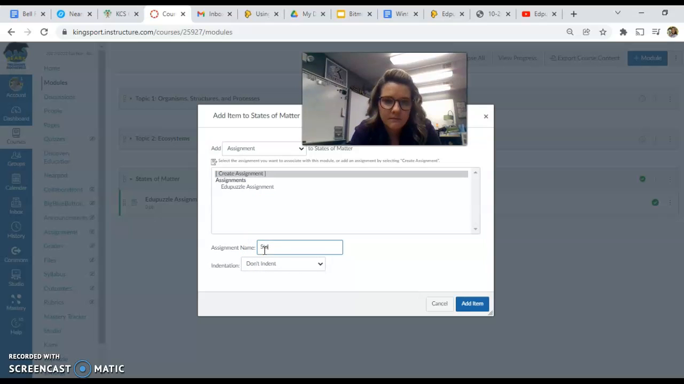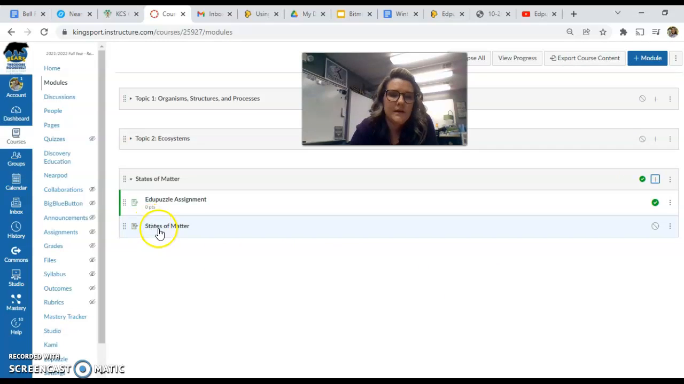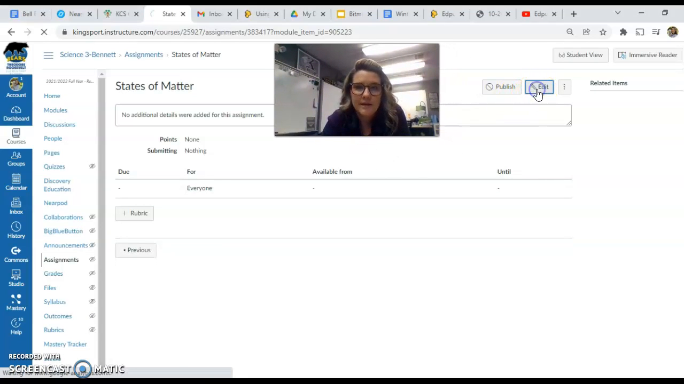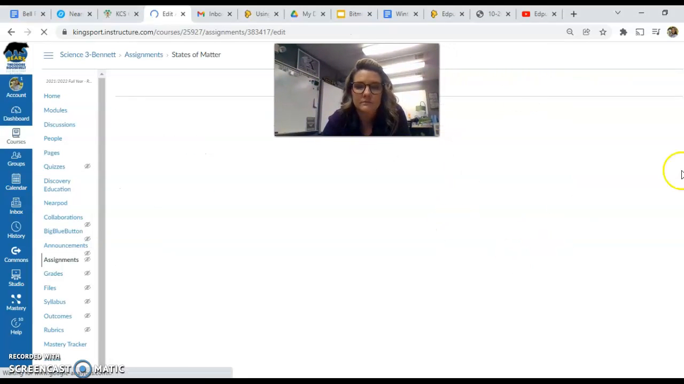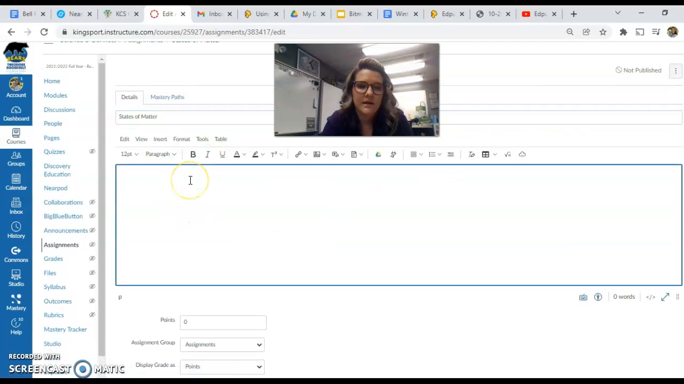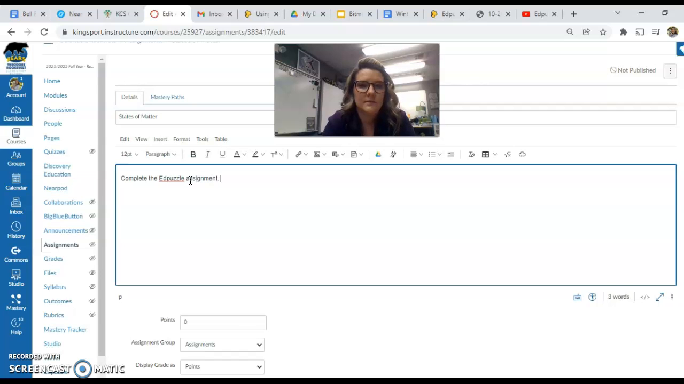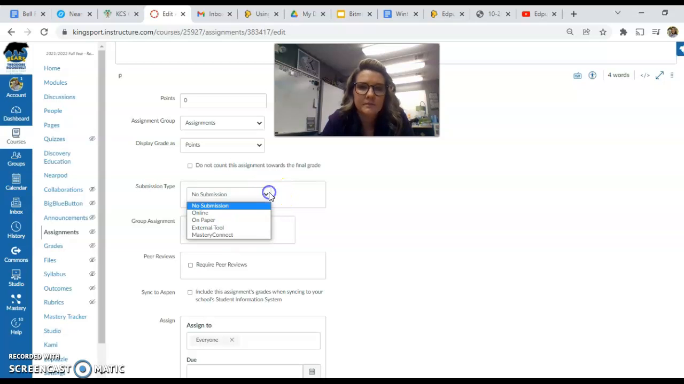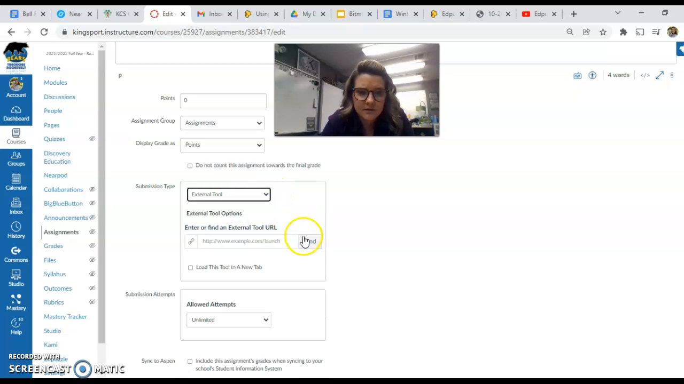States of matter. Okay, and I'm going to go into that assignment. Okay, I'm going to edit that there. Okay, and I may just say complete the Edpuzzle assignment. Okay, and I'll go down to submission type and hit external tool,